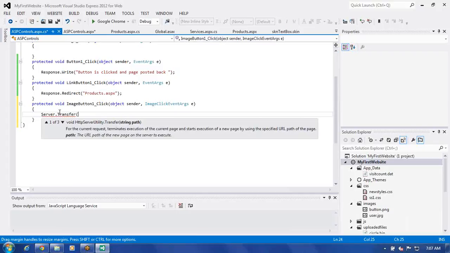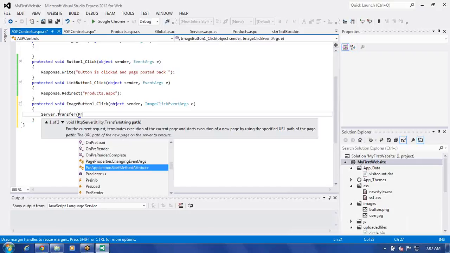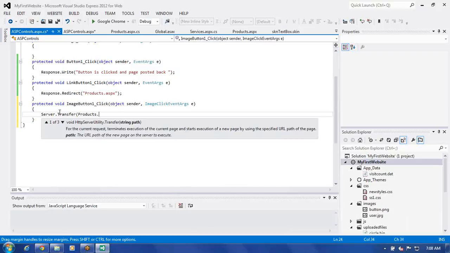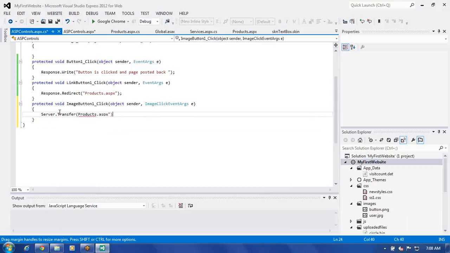With the help of this, you can transfer it. Server.Transfer, followed by, again, products.aspx. Like this, we can send it to the products page. Both of them are sending to the products page, but this one is with the Server, and the above one is with the